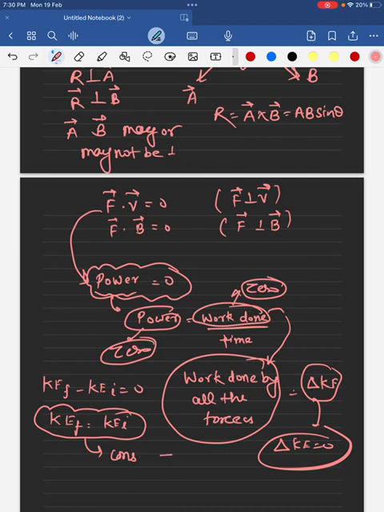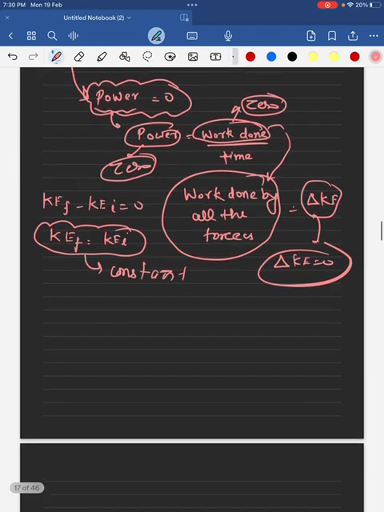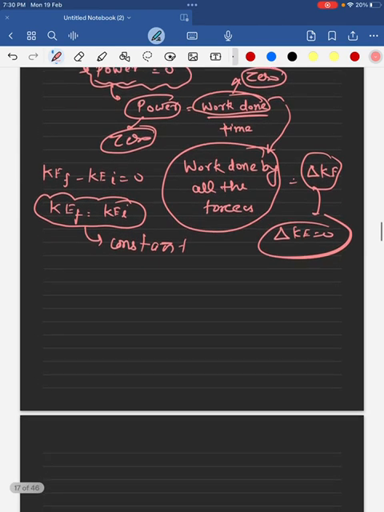That we can easily say, when a charged particle is moving in a magnetic field, in which condition is the kinetic energy constant? Yes, kinetic energy does not change. Or we can say the change in kinetic energy is equal to zero. Okay, sir. And you can easily say that kinetic energy is equal to half mv square.